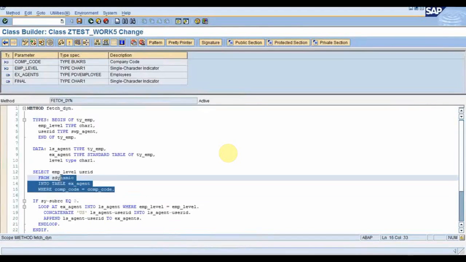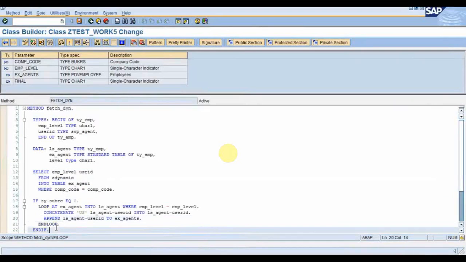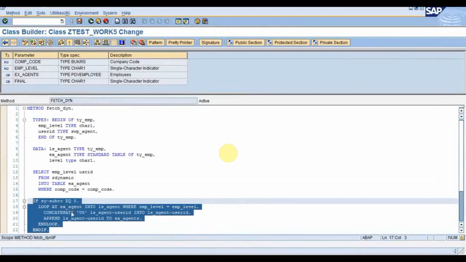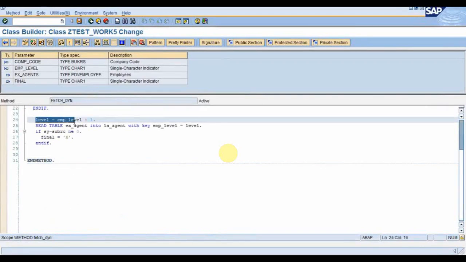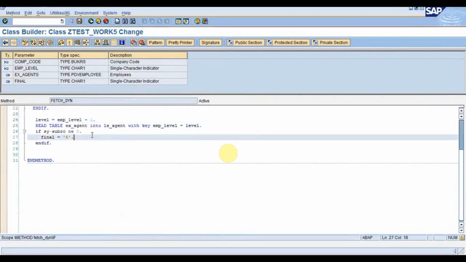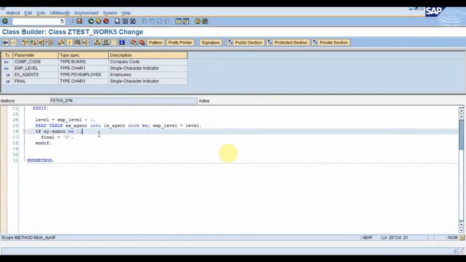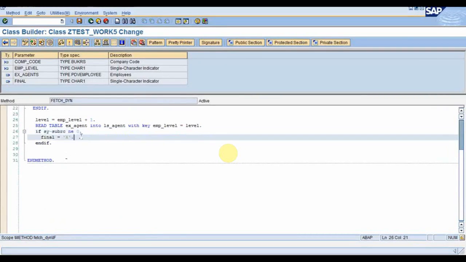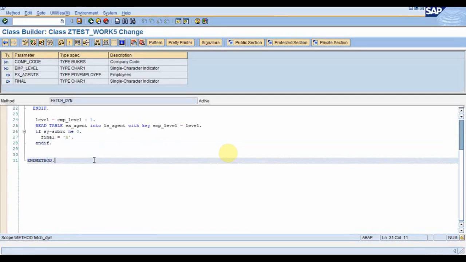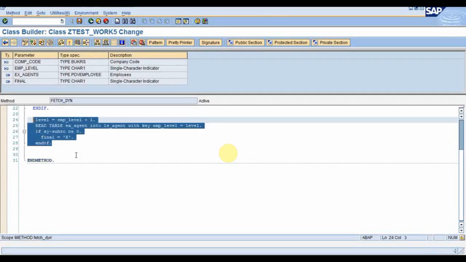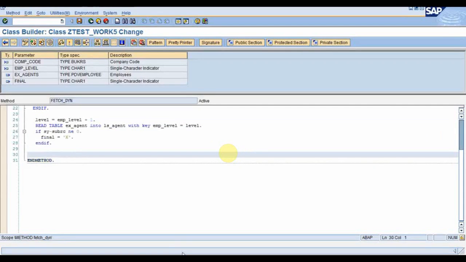Here you can see we have fetched the agents first, and then we have populated with US concatenated with the agents. Now here you can see we have incremented the value by +1. I have tried to read it, and if sy-subrc is not equal to 0, we have checked this final. It actually ensures whether the next level exists or not. If it doesn't, then it will complete the workflow. This is only part of the logic which I have written over here.